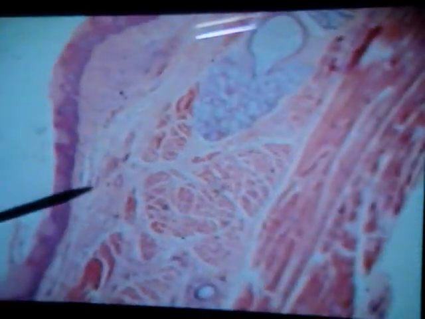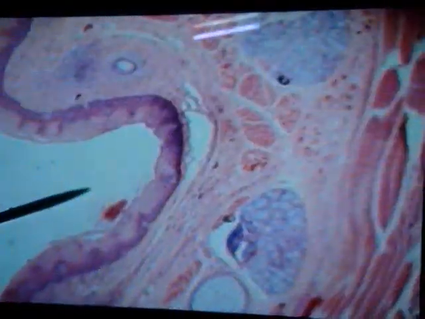So the epithelium, the lamina propria, and deep to the lamina propria there will be a very distinct fibroelastic layer which is made up of the pharyngobasilar fascia. There will be a distinct fibroelastic lamina here demarcating the lamina propria from the layer of skeletal muscle fibers.